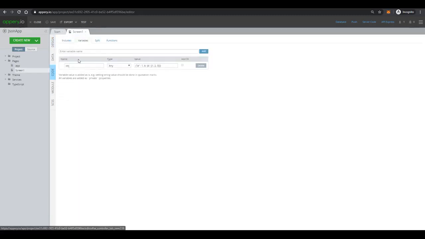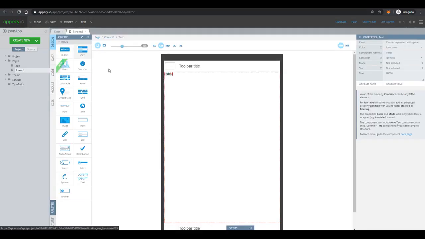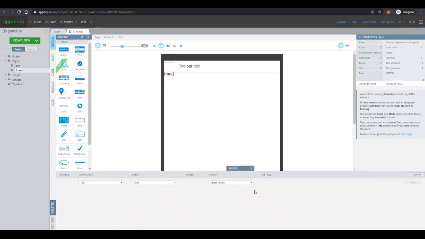So add, for example, a text variable as a string, then go back to the design tab and change object to text, and add an event panel, select page here and specify the event. After page showing, specify the action, run TypeScript